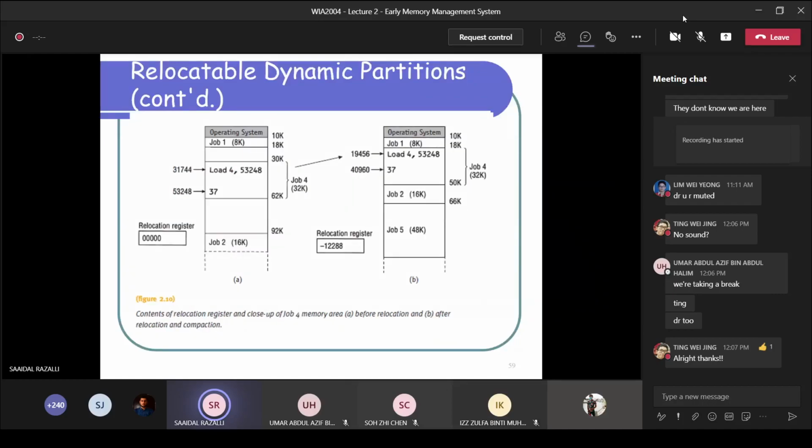If you talk about this, this is the operating system, this address location. First we have a bound register, and another one is a relocation register. The bound register makes sure the program won't try to access memory locations that don't belong to it. Outbound, inbound, okay.